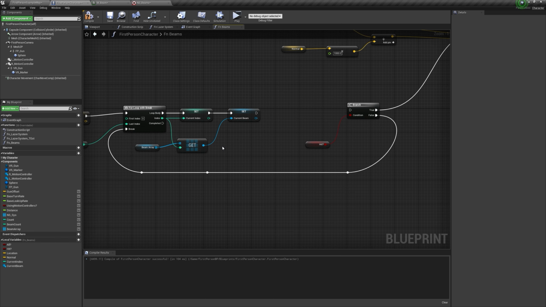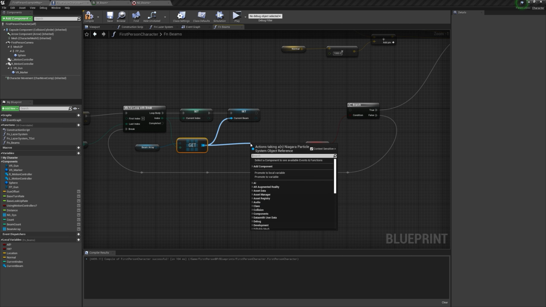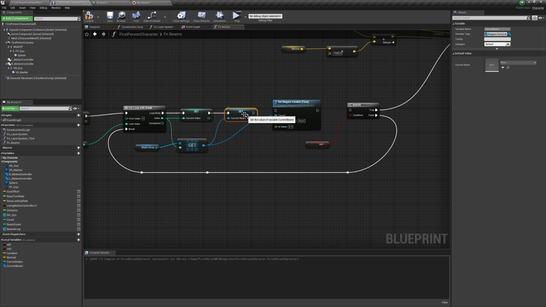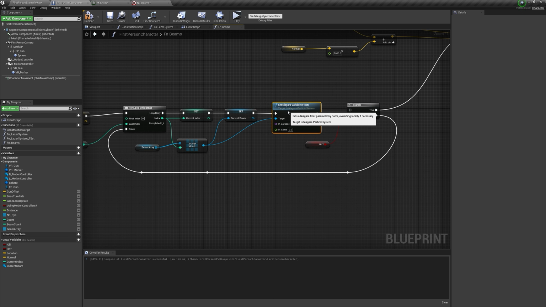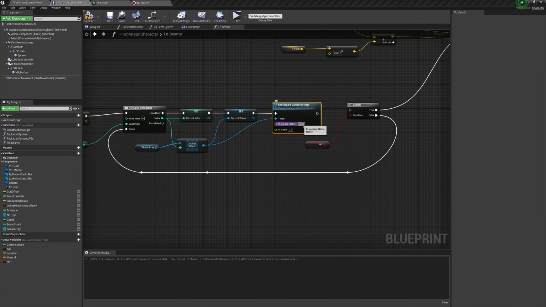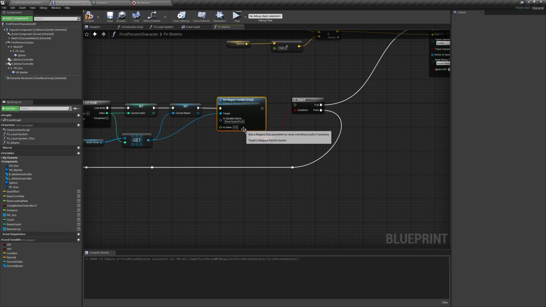So here the first beam should always spawn, so we can drag and type in set Niagara float variable, and this should be the probability that we added. So this one, beam spawn probe. So here we can type in beam spawn probe, and we can set this to 1,